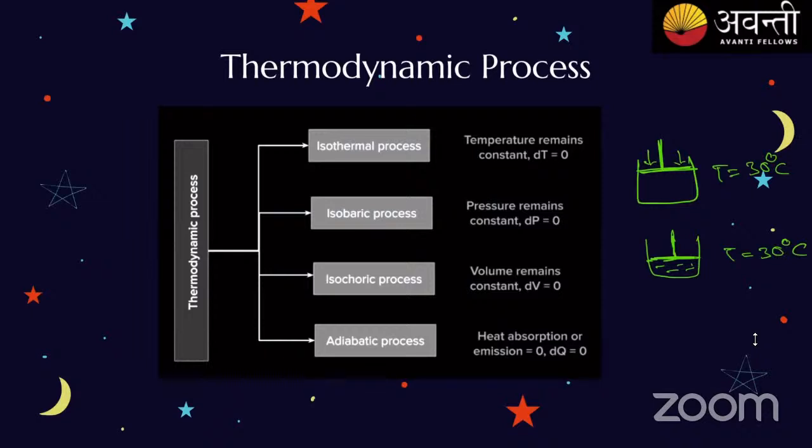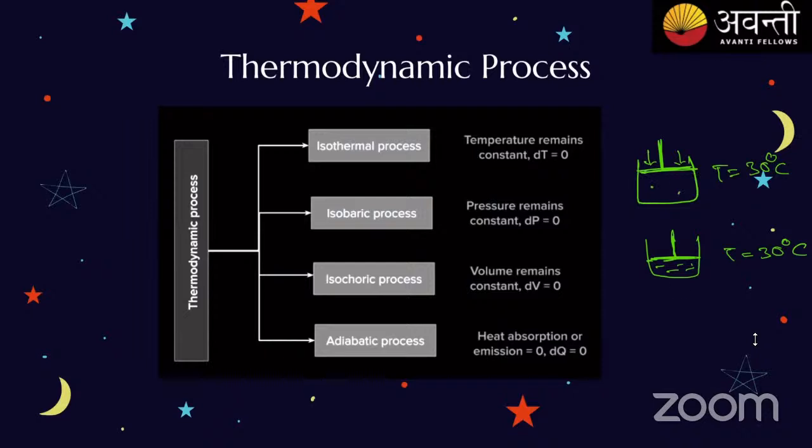Next thing is isobaric process. What we need to see here is the pressure should be constant. The pressure shouldn't change here. Okay. Here what happened? We are increasing the external pressure and the volume is being decreased. Now, in the next process, for an isobaric process, what we need to see is we need to keep the pressure constant here.